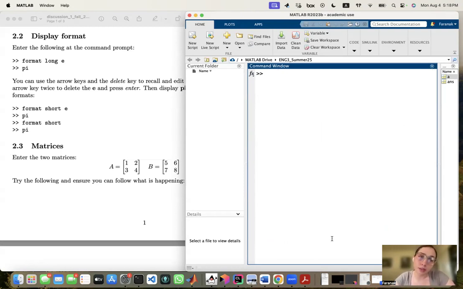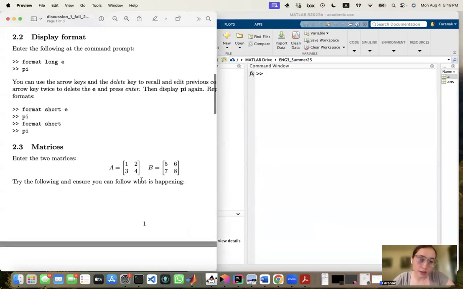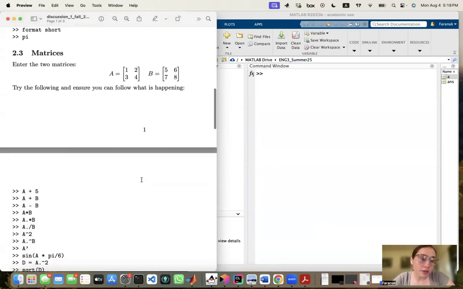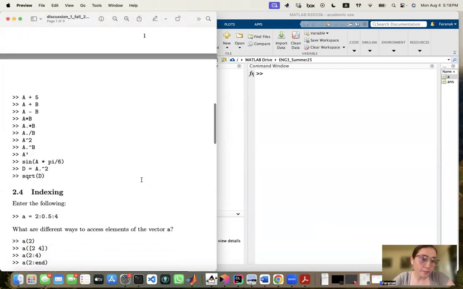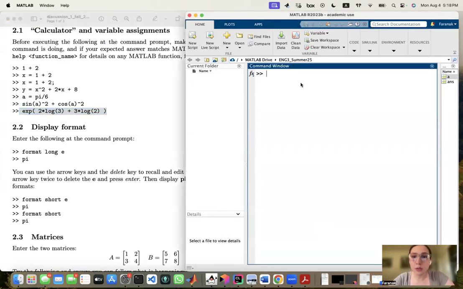It's about matrices. You know that we have vectors and matrices, and they are all subcategories of tensors. But for now, let's just focus on vectors and matrices. So let's say that I want to